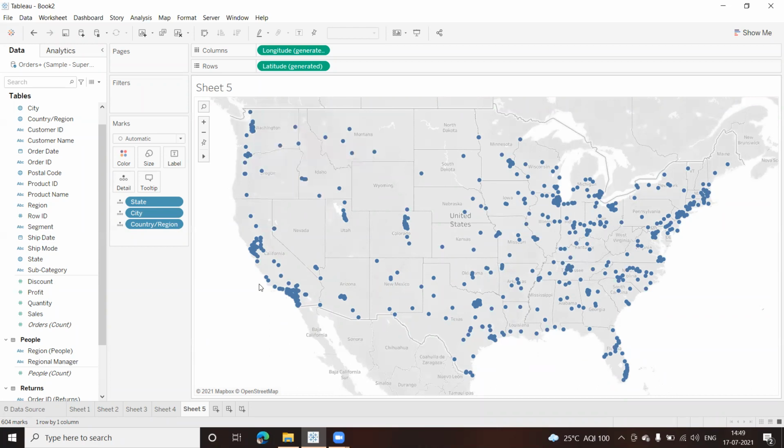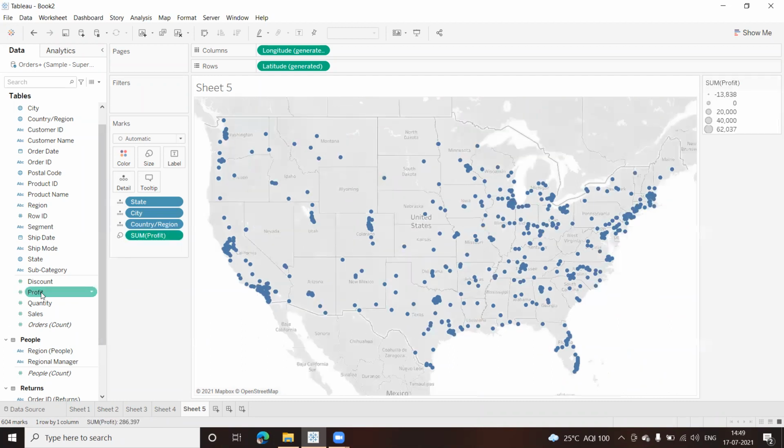And we have got these sizes, the details of, so each one is marked. Now let me put the profit here again. So I'll pick up profit. Okay. And this time it is size wise, the bigger the circle, but this is not giving me a good picture. I'm not able to recognize which is the biggest one. So what I'll do is I'll change this profit sum, let us put it on color.